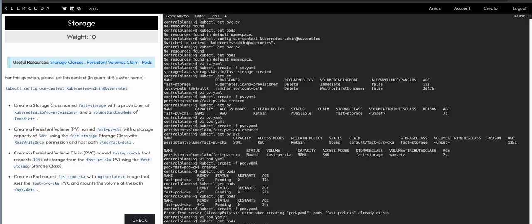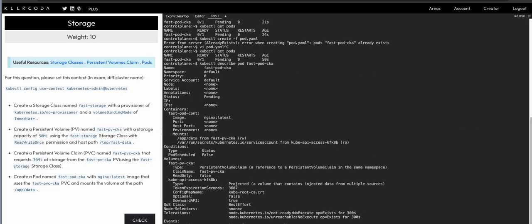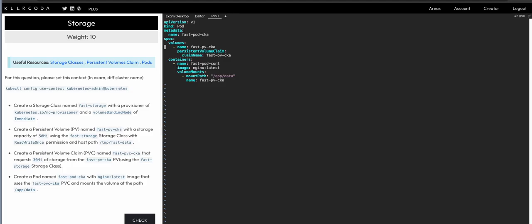Let's just describe the pod and see what the issue is. Okay, that is the issue. That's fine. I think the name of the persistent volume is wrong. So if you see, I have used a